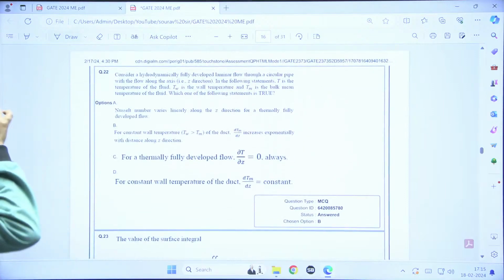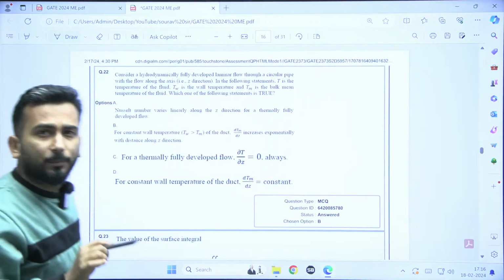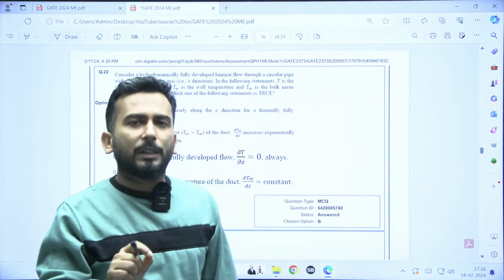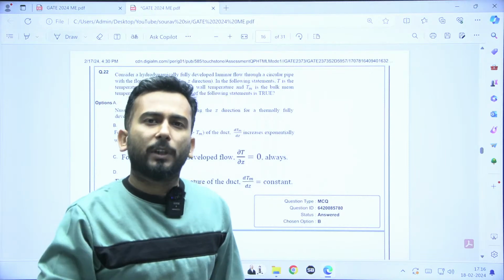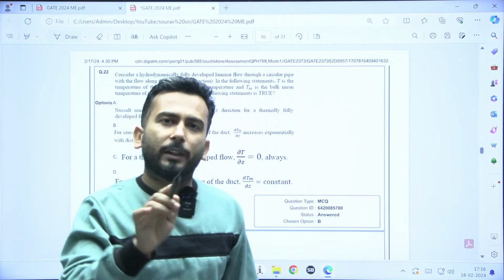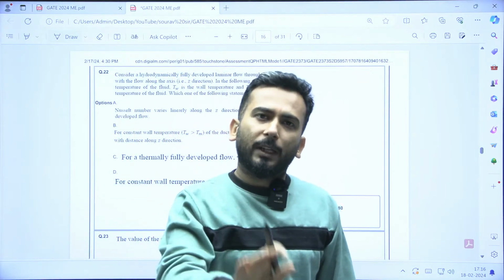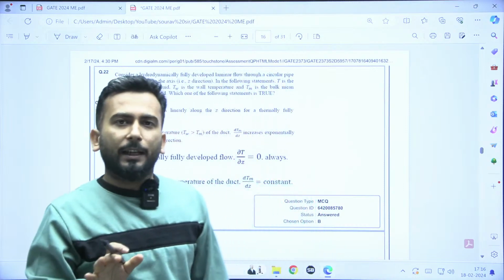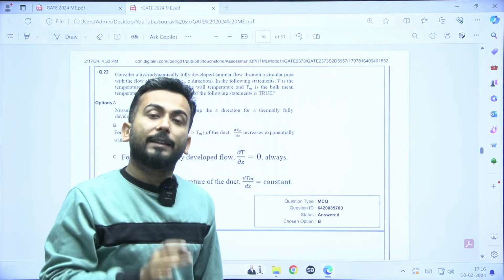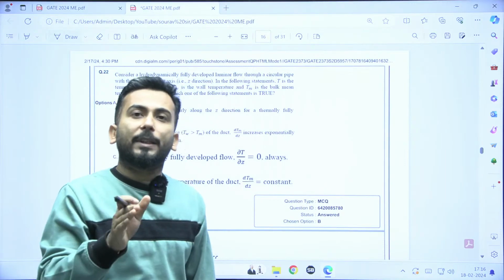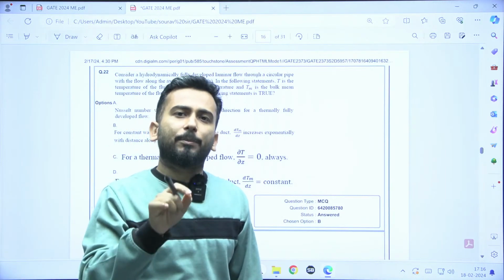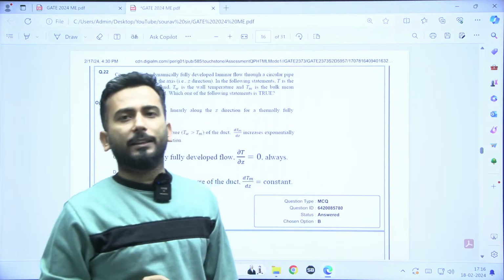Okay. Again a very, very conceptual question, my dear friends. Let me tell you that in internal forced convection, you study 2 cases. Which 2 cases? Constant flux and constant wall temperature. Yes or no? So constant flux is there and constant wall temperature is there. So this question is on the basis of constant wall temperature, and that too not formula based. It's a concept based question, and let me tell you, this is one of the best concept based questions of HT that you will find in recent times.